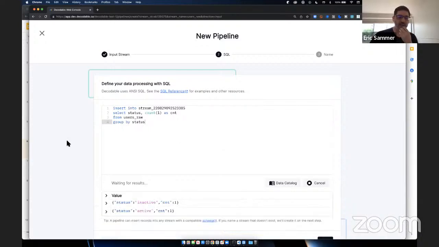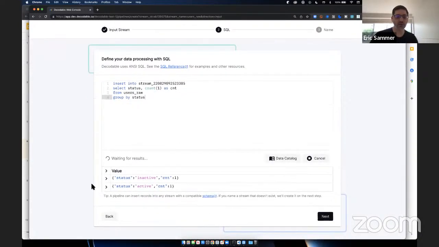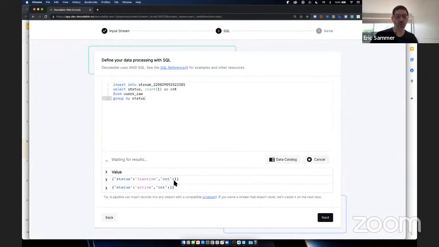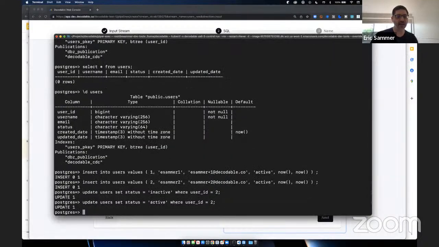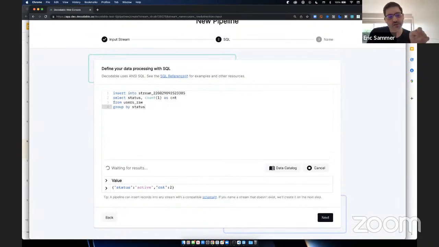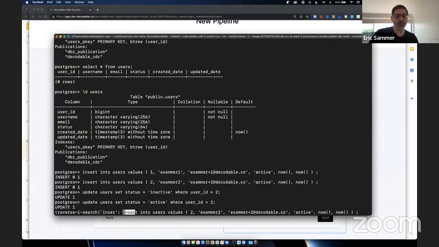And what's actually going to happen is this will retroactively process what's already there. We have one record that's inactive. We have one record that's active. Let's actually switch this user back to active. And what this should do is it will update in real time this group by. And this is because Decodable is a stream processing engine, so it has all sorts of fanciness. But what you can see here is that we're not actually operating on low-level CDC data. We're treating this data as if it were